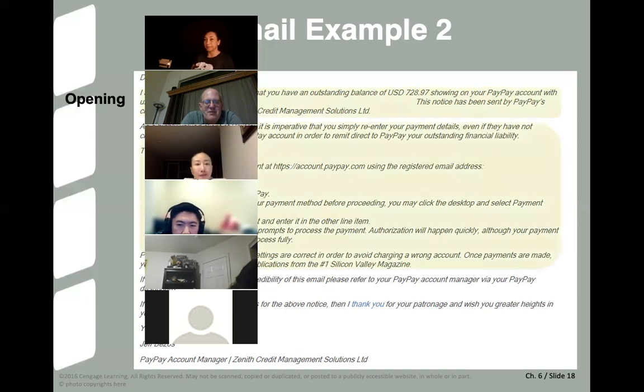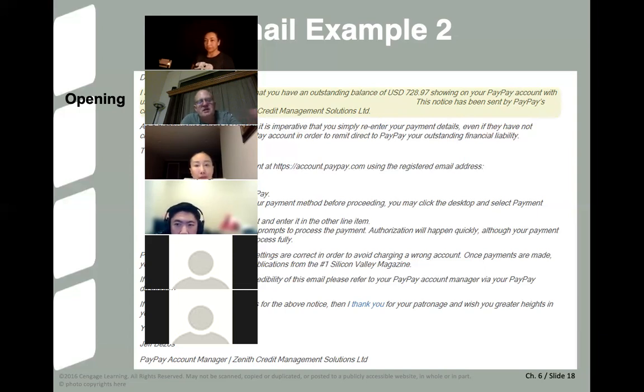Okay. So here's your opening right here. I'm writing about such and such, and we learned in the lecture part a minute ago that in the opening, we provide a summary of what we're going to talk about. Here's the body right there, where we go in depth on what's important. And then here's, what do we call this? Closing. Yes, closing.